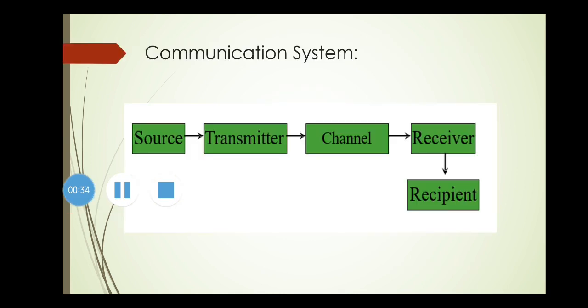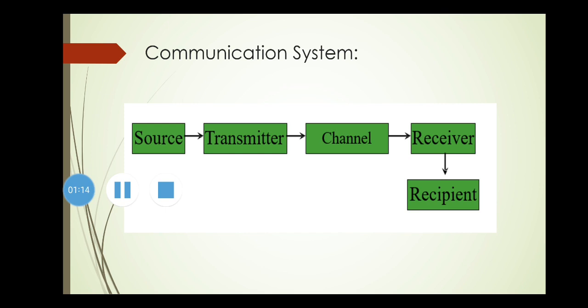The main purpose of any communication is basically the transmission of information from a source to a recipient or a receiver by making use of a channel. So we have the block diagram of a communication system, which consists of a source. It can be an analog source or a digital source, and then we have a transmitter. The transmitter can be a transducer, amplifier, modulator, oscillator, or transmitting antenna. And then the channel here can be a wired channel or a wireless channel.